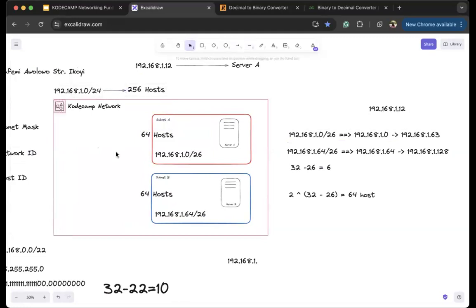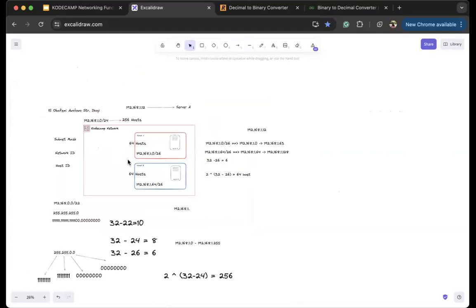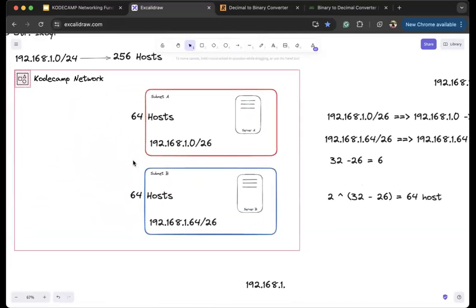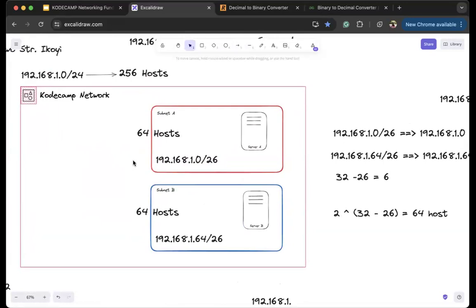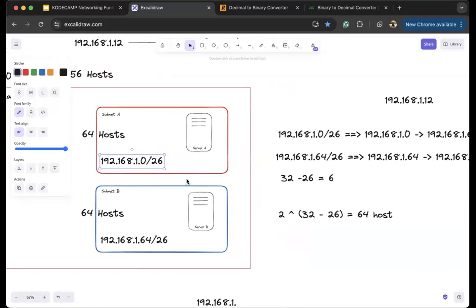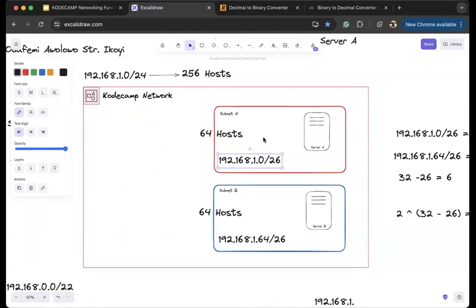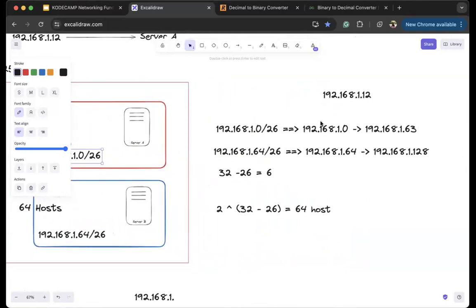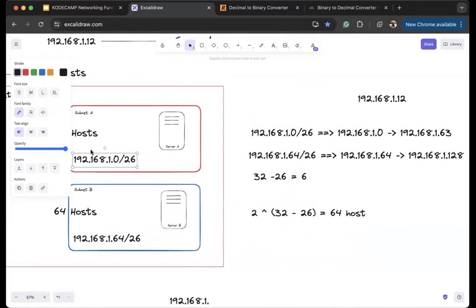So you still have the ability within this network to create 1 or 2 more subnets inside with this same slash notation of /26, which will give us 64 hosts. They will create subnet C and subnet D. Even with the same 64 hosts, you can still utilize all this. So with that, I have now been able to separate all these IPs inside this subnet,